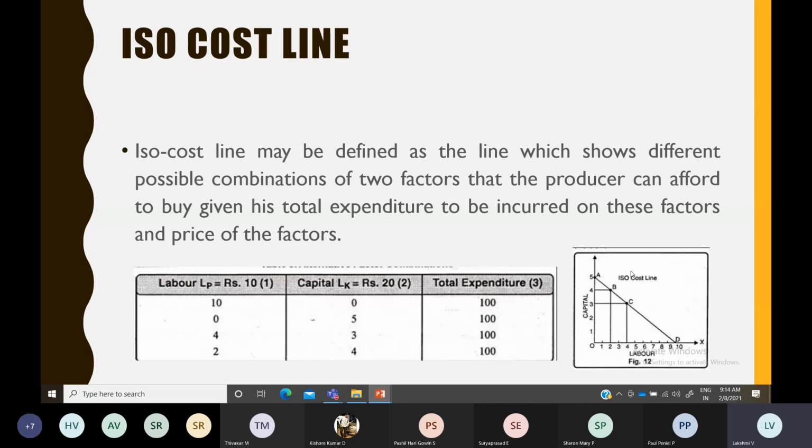Okay, so one which is beyond, it is going to increase his cost of production. If he wants to increase more than that, then his cost of production will get increased, which is not possible for him to give efficient output. One which is below, he is not putting his factors to the best possible manner. So he is not putting his resources in the best possible manner to produce that level of output. Okay, so these are the various combinations of two factors.